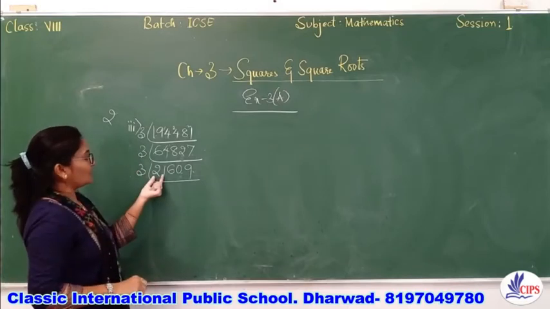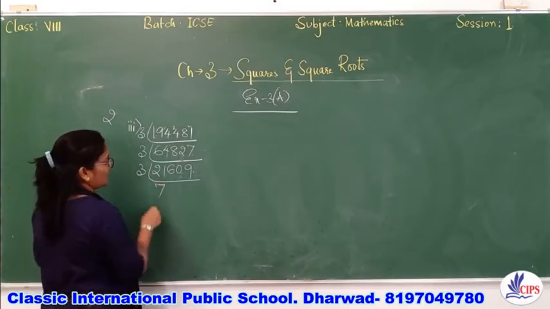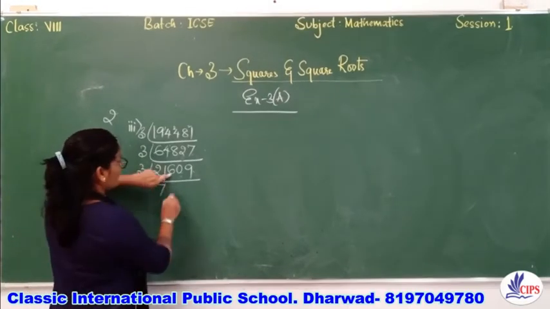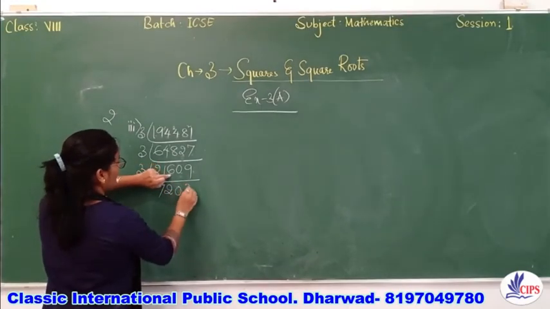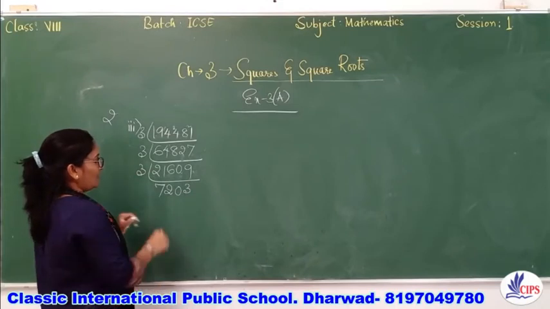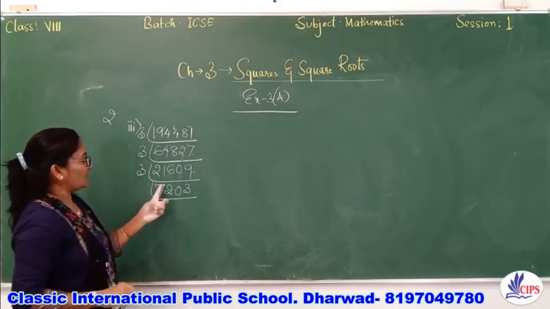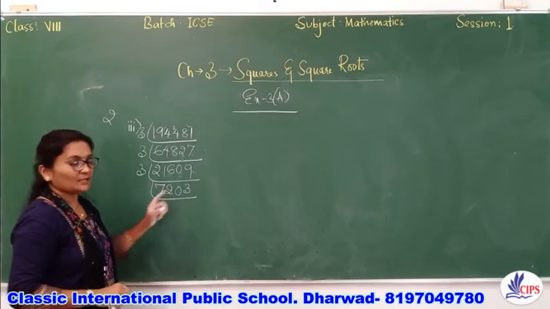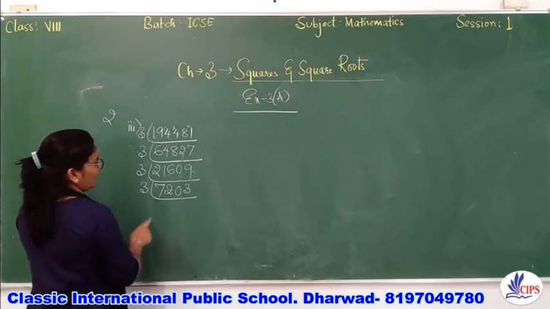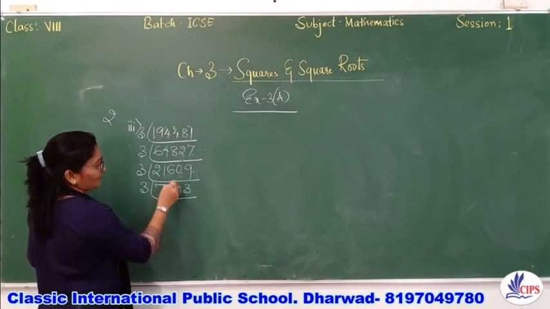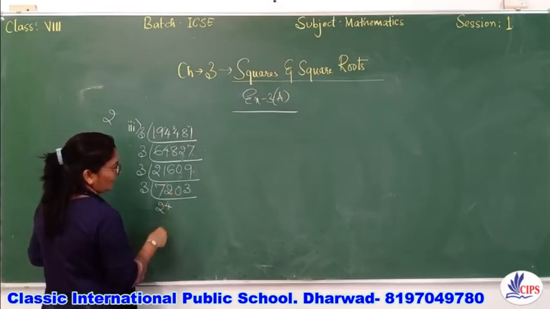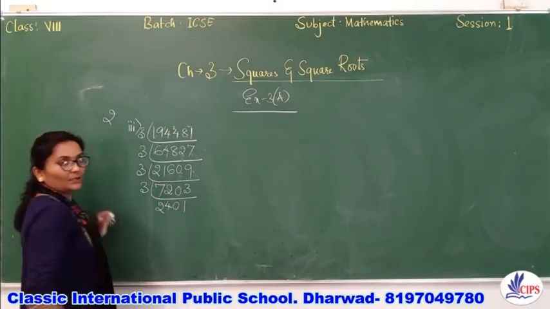So here we need to take 21 together. So 3 7s are 21. Now 3 2s are 6 and 0. Then 3 3s are 9. Now again it's divisible by 3 because 7 plus 2 is 9. 9 plus 3 is 12. So 3 I take. 7 we don't have in 3. So I take 2, 3 2s are 6. Then 1 I carry here. 3 4s are 12. 0 and 1.